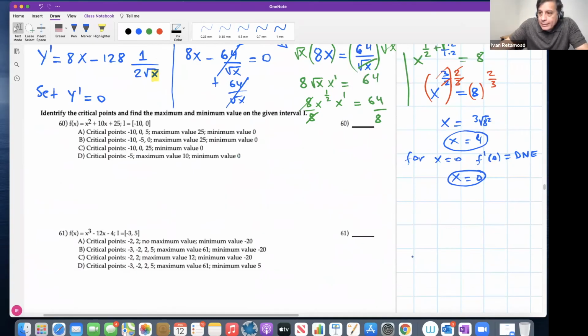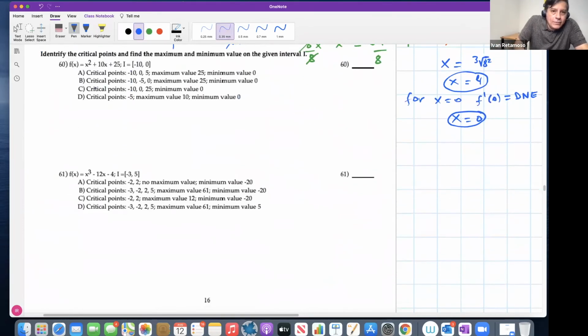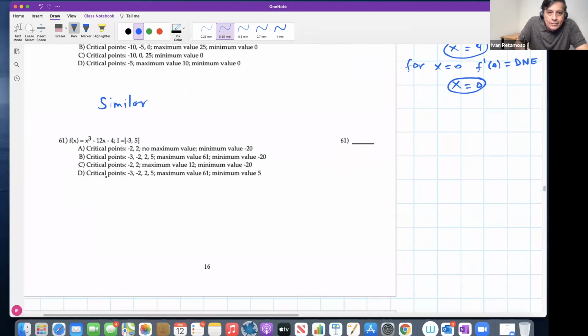Let's talk about 60. Let's see. They say identify critical points. This is a quadratic function, easy. And they say find the maximum and the minimum, right? This is a cubic function, more interesting. I'm gonna claim this as similar to this, okay? So similar here. All right, so this one, cubic,